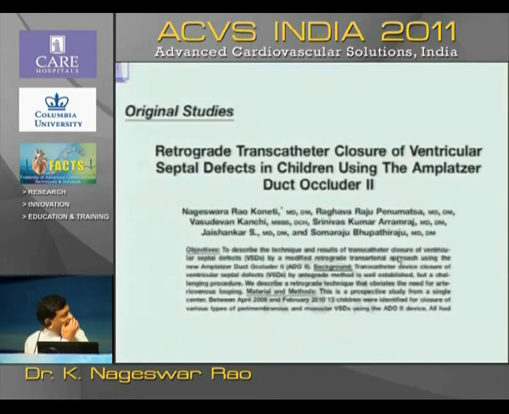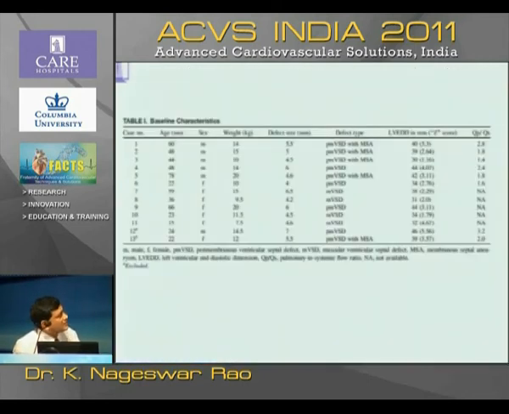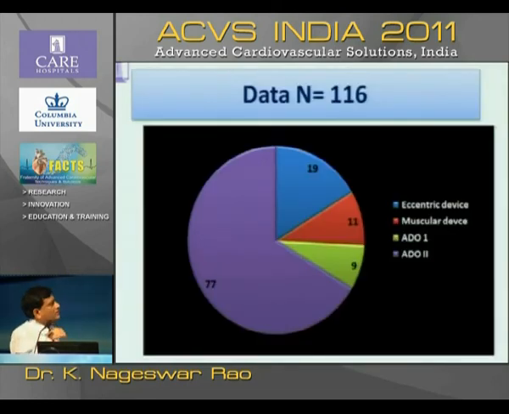So these are our early results, which were published in Catheterization and Cardiovascular Interventions early this year. We have done 11 children with various ADO2 devices retrogradely. These are the various steps, and the success rate was 100% in this. Right now we have done around 77 cases of ventricular septal defect device closures. From 2004 onwards, we have done 116 children and adults, of which you can see eccentric device, muscular device,